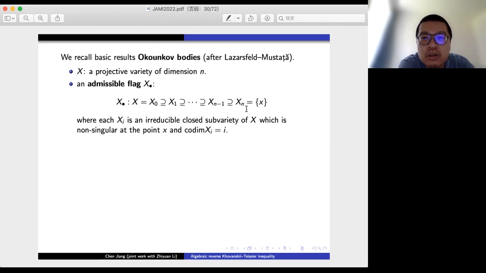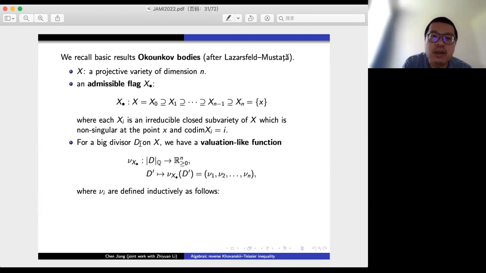In the original context, it's assumed that all varieties are smooth. But actually, we only need to assume that they are smooth at this point x. And then for a divisor D on X, a big divisor D, we can define